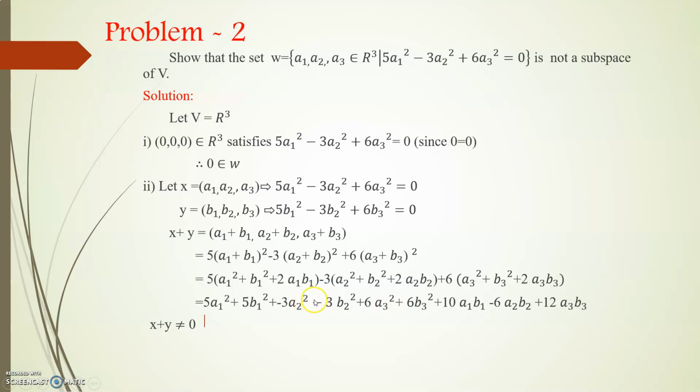Similarly, 5b1 square minus 3b2 square plus 6b3 square, this also we can substitute as 0. For the remaining terms, that is 10a1b1 minus 6a2b2 plus 12a3b3,